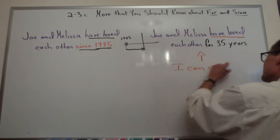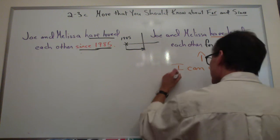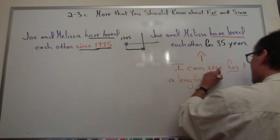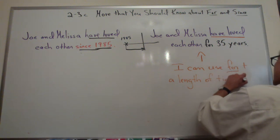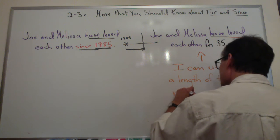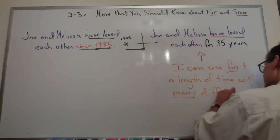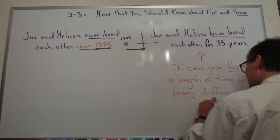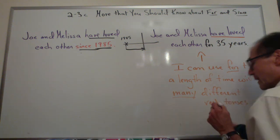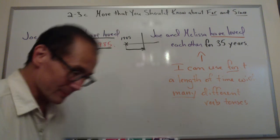I can use for plus a length of time with many different verb tenses. In fact, like I said, I can use it with all of the verb tenses except for present progressive. Okay, now